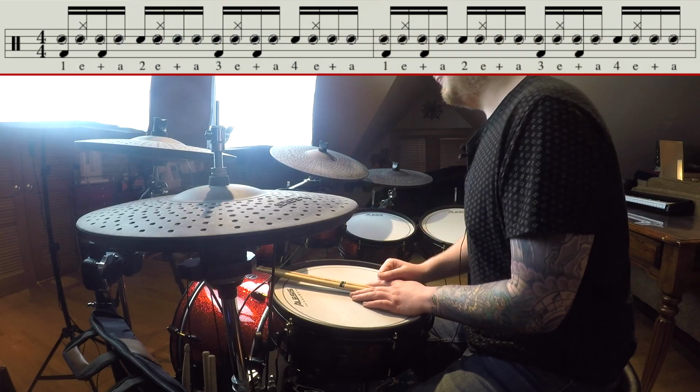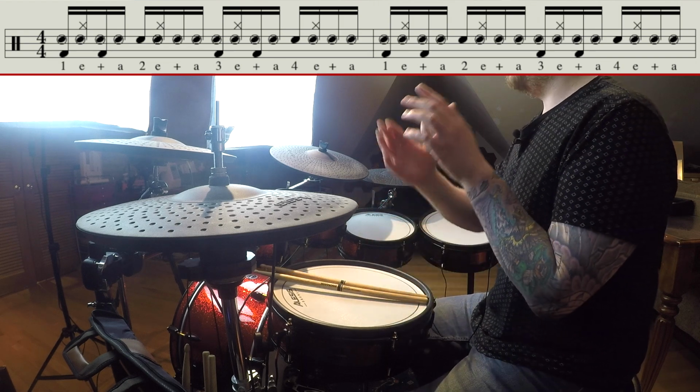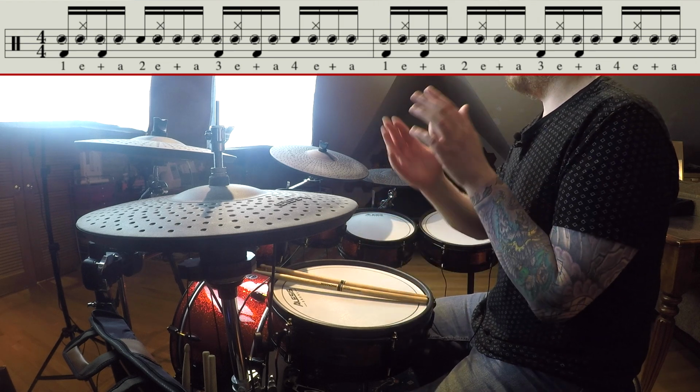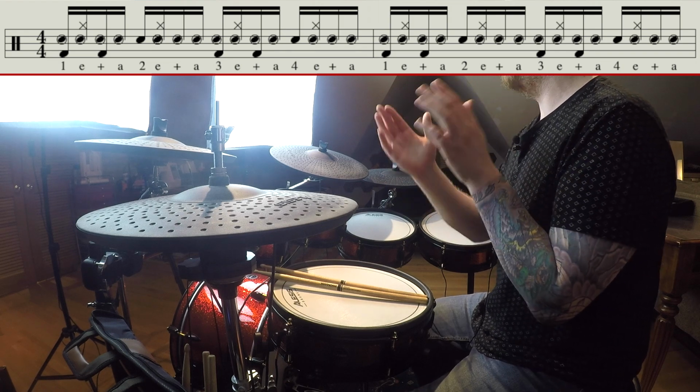In exercise 2, we're going to shift that note forward so it's playing on all of the E's. 1 e and a, 2 e and a, 3 e and a, 4 e and a. Then in exercise 3, again, the snare and bass drum pattern are the same, but we're going to